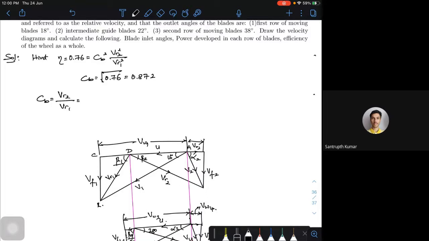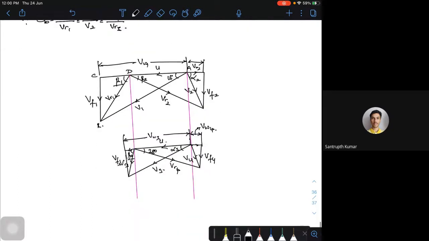At the same time, there is a second stage, V3 by V2, which is passing. Then Vr4 by Vr3. So this is the thing what is given in your problem. I want you people to solve this problem, and maybe one more assignment also I'll try to give. So you people solve this problem, both using the trigonometric principles as well as